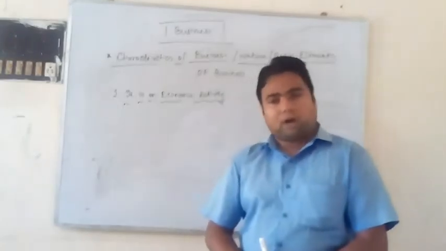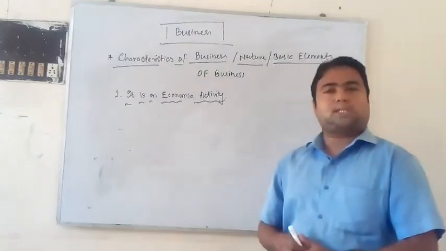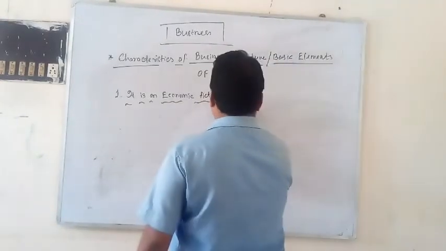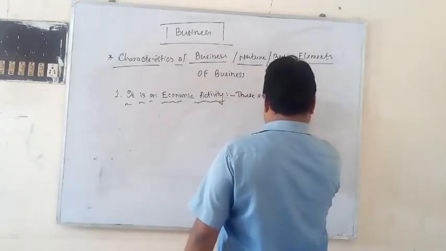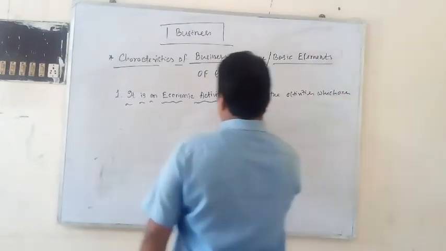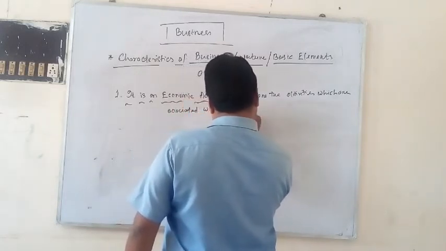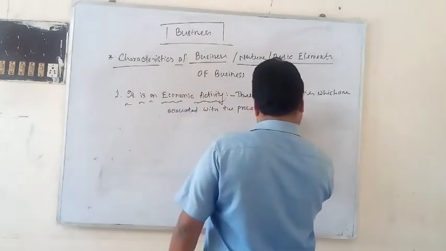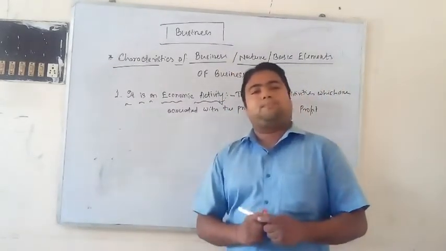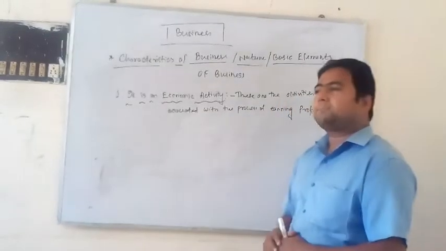In other words, if we go into detail, economic activities are those activities which are associated with the process of production and distribution of goods and providing services in order to make profit. So economic activities are the activities which are associated with the process of making profit. For example, a lot of examples can be given. For example,